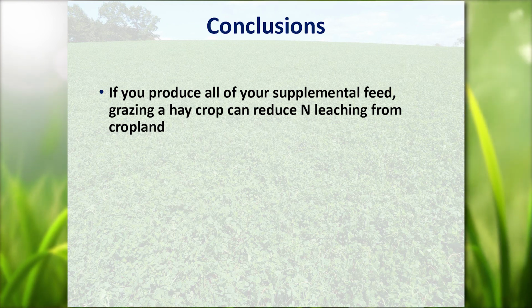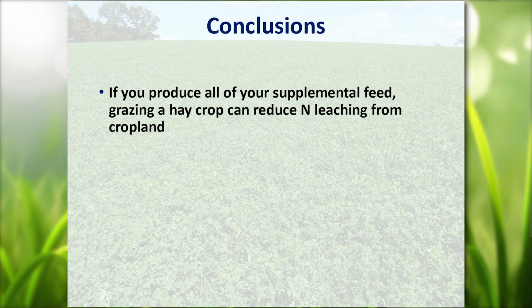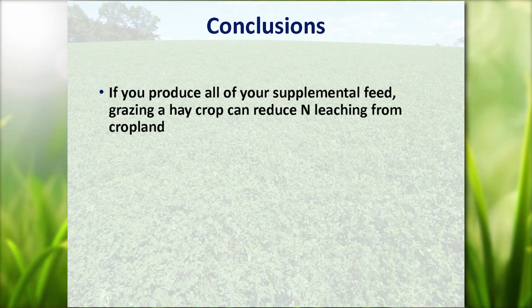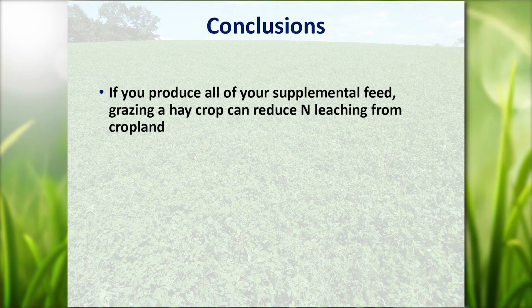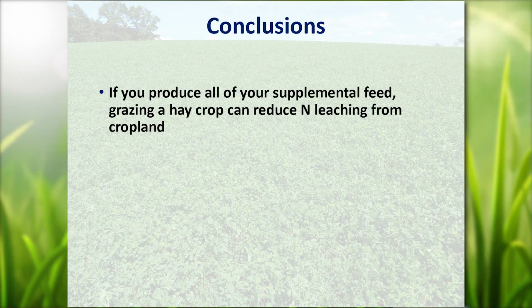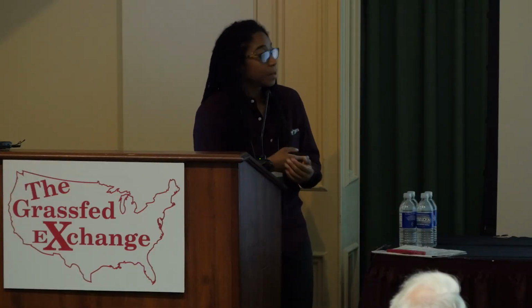If you're in systems where you're producing all of your supplemental feed, the nitrate leaching was also the major source of nitrogen loss. And again, that can be mitigated through improved grazing management practices. And also, if you're in a situation where you've got fenced hayland that you're not grazing, grazing that hay crop actually reduces the nitrate leaching losses a bit from that land. The biggest thing is,